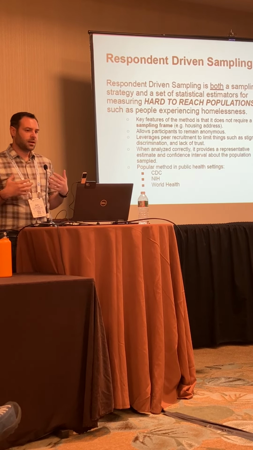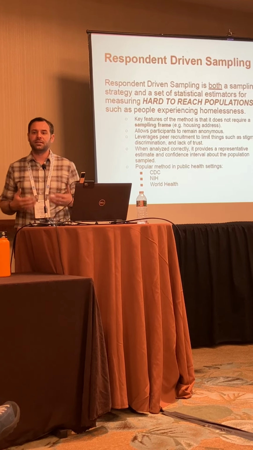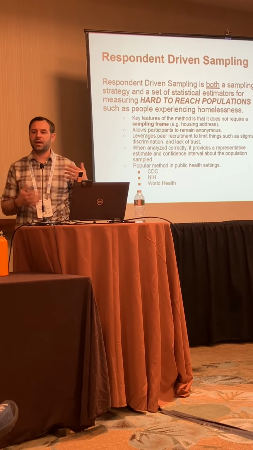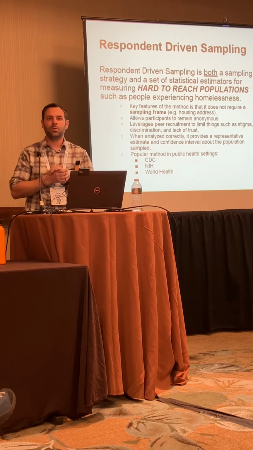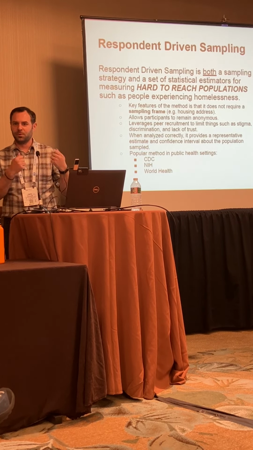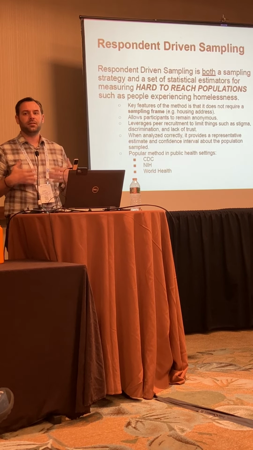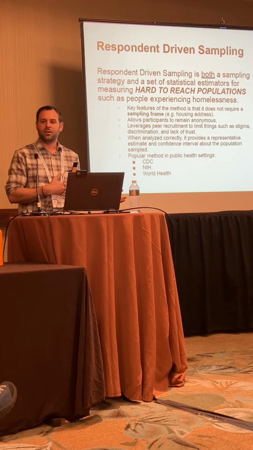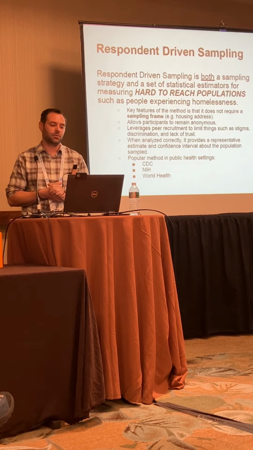So in many contexts, when we do polling and surveying, we need a sampling frame. We have a list of addresses and we take a random sample of addresses. We have a list of phone numbers, we take a random sample of phone numbers. For those of you old enough in the audience, you take a phone book and you just randomize it. You can't do that in this case, right? We don't have a frame. And if we did have a frame, you might argue we don't even need to do this, because we would at least have a full enumeration of the group.